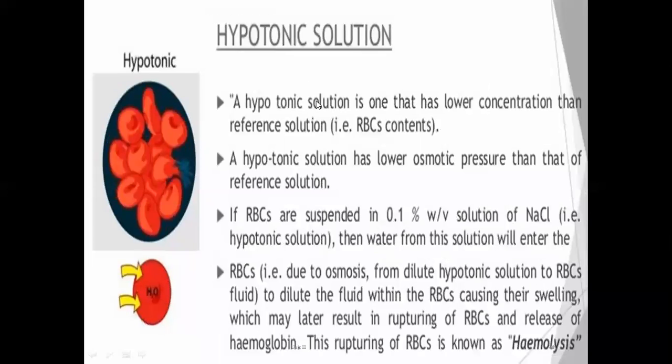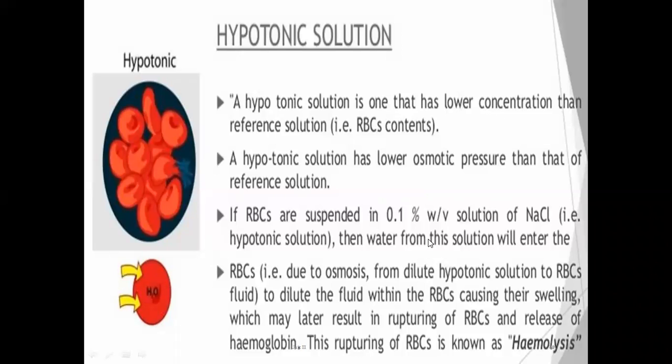When we discuss a hypotonic solution, if the tonicity is less, a hypotonic solution is one that has a lower concentration than the reference substances. Here, we are going to take a hypotonic solution, that means a 0.1% solution of sodium chloride. See, 0.9% is isotonic, 2% is hypertonic. That means 0.1% is